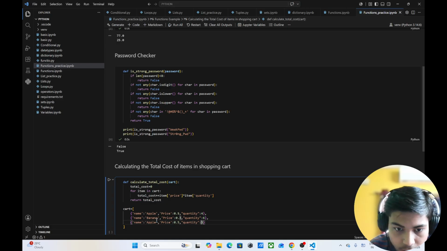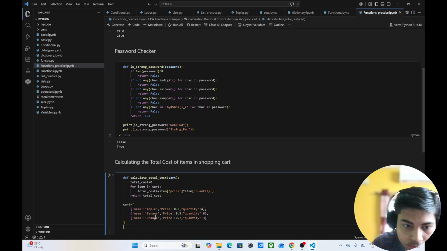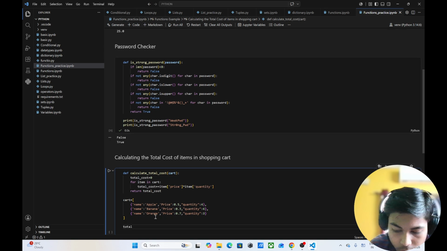Let's make quantity 3 and price let's say 7, and name orange. Now this is the cart data. Now I have to call the function, total_cost equals calculate_total_cost, cart,